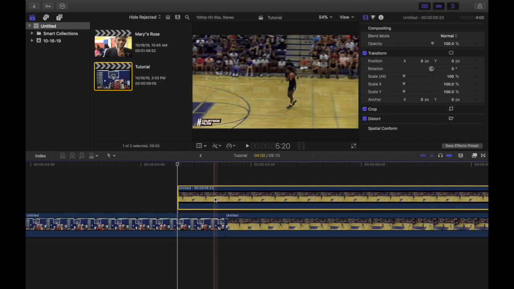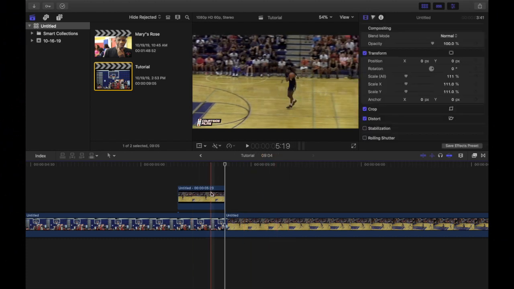We're just going to drag that freeze frame all the way to the playhead and drop it right there. Then we'll go right here to where the second clip starts, and we're going to press Command B again, which will blade it. The second part right here that we have selected, we're just going to delete it. We don't need that anymore. Now, while you have the freeze frame selected, go to your effects tab,